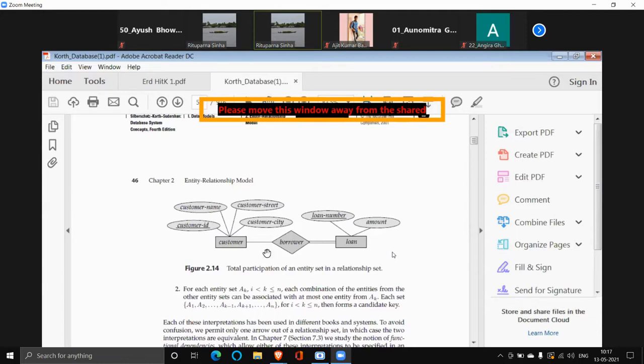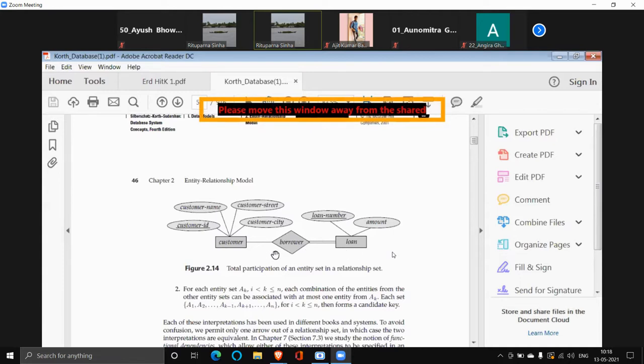But from the other side, customer to borrower, there is a single line. That means it is partial participation. That means a customer can have a loan or may not have a loan. There may be some customers who do not have a loan. So it is partial participation. That means all the tuples present in the customer entity set may not be associated with a loan.